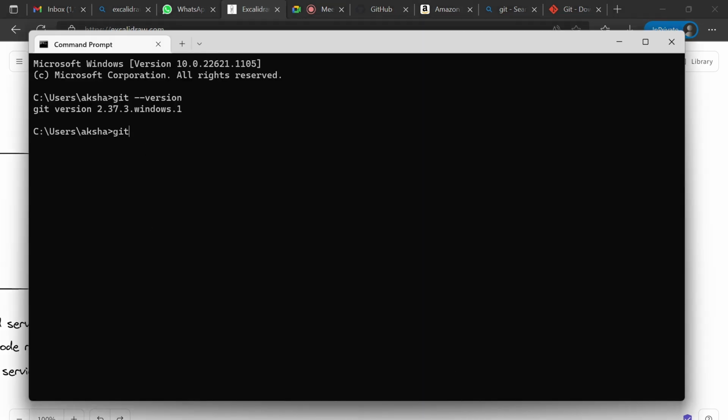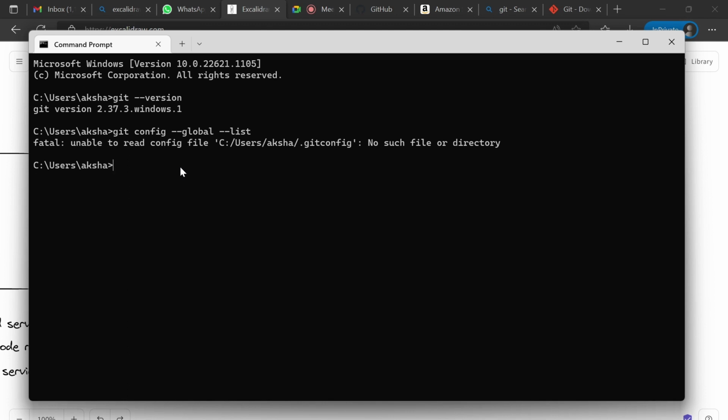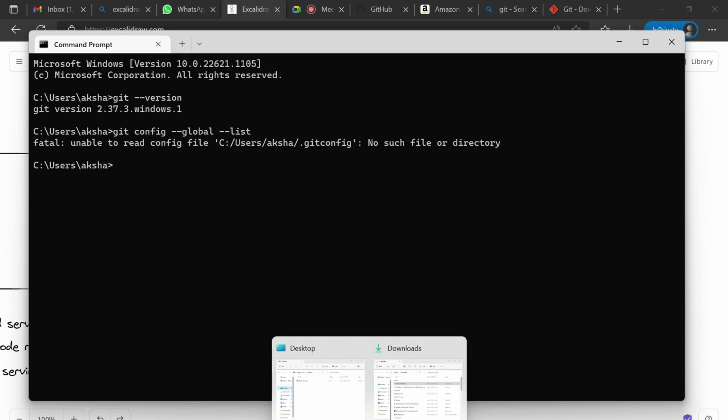So I will check if I already have my credentials saved locally, in the Git configuration, or not. Here you can see there is no such file or directory for the Git configuration, so I have not yet created any configuration globally. When I put hyphen global, that means I am keeping this configuration for the whole local machine. But there are also configurations from a local perspective. So if I go to one of my repositories,